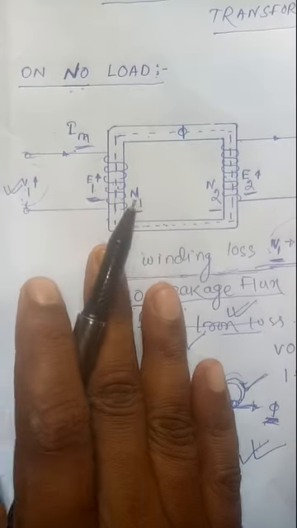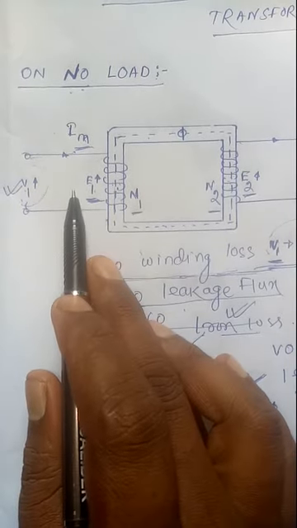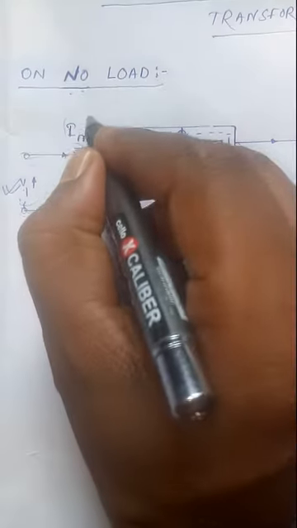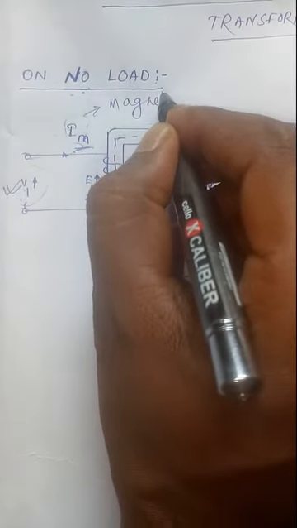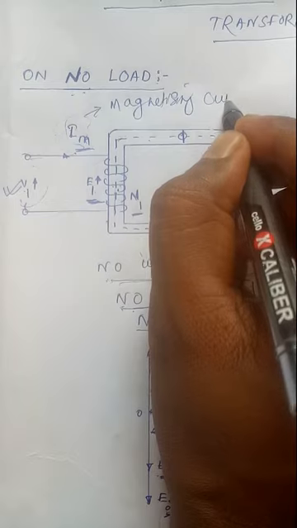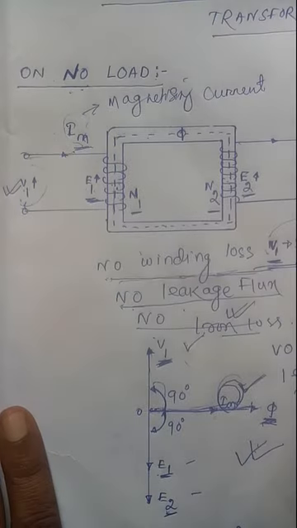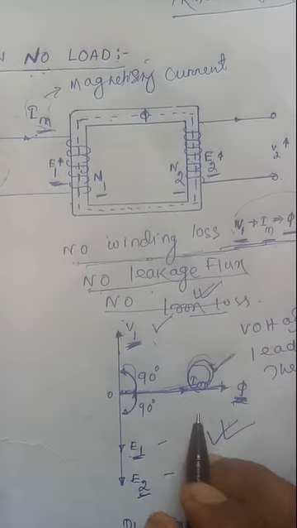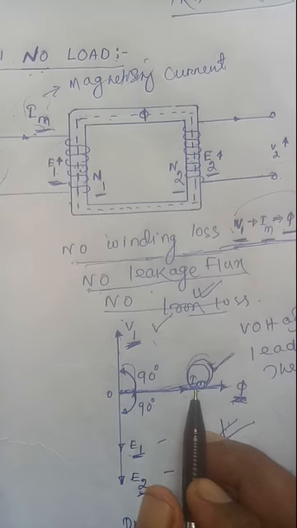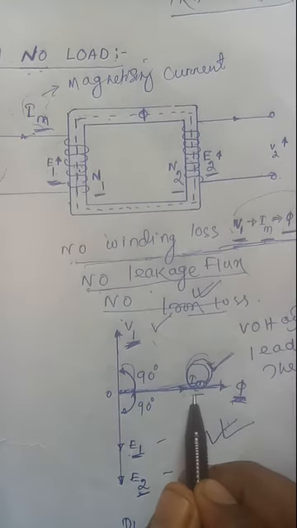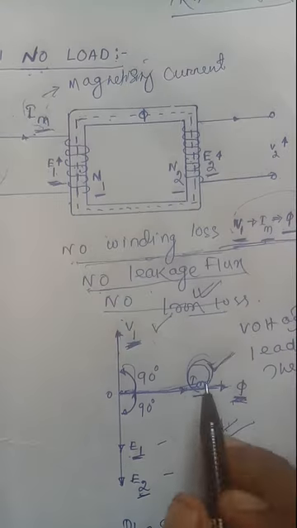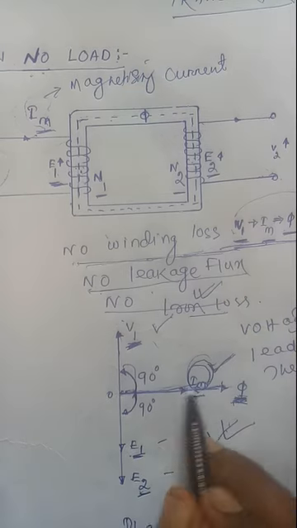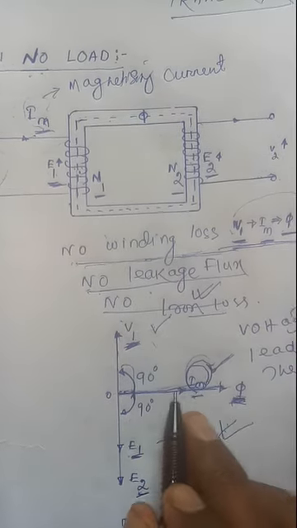At first, when the alternating voltage is applied to the primary, it draws a small magnetizing current. This one is your magnetizing current Im. This Im will lie just over phi, because, assuming a linear magnetic circuit, the flux is produced when current flows through the windings. When no current flows through the winding, no flux will be produced. So phi and Im are interrelated with each other.